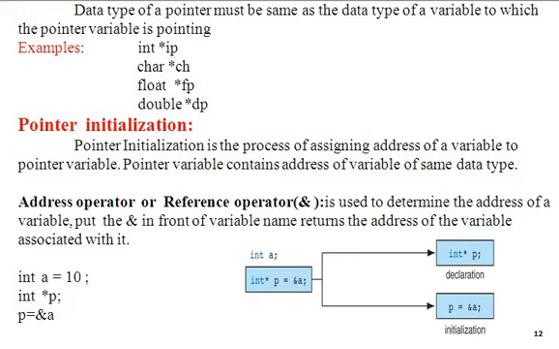If we write the statement p = &a; the semicolon is missing over there. p = &a; the address of a is assigned to p. If you write a statement like p = &a, p must be a pointer variable. We can declare and also initialize, and write both statements together. int *p is your declaration and p = &a; is initialization, and they can be combined together as int *p = &a;